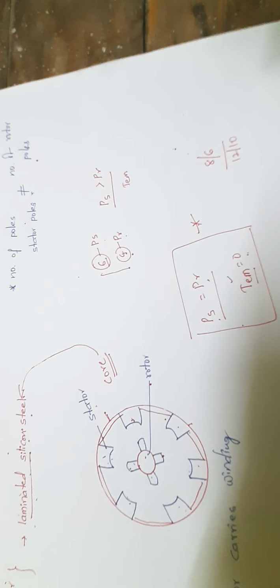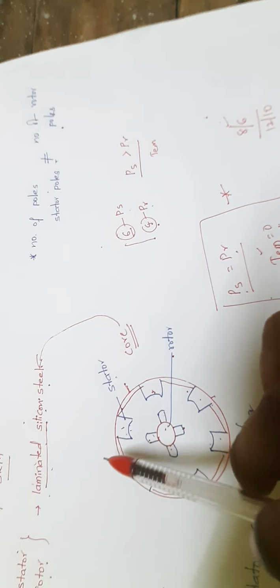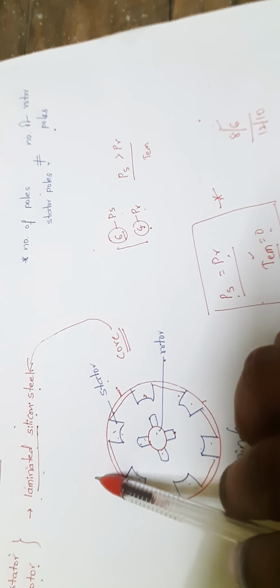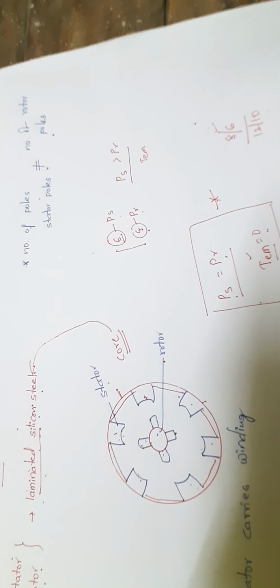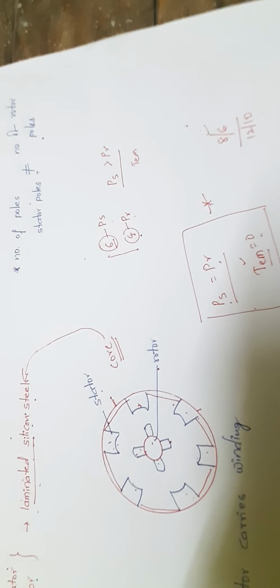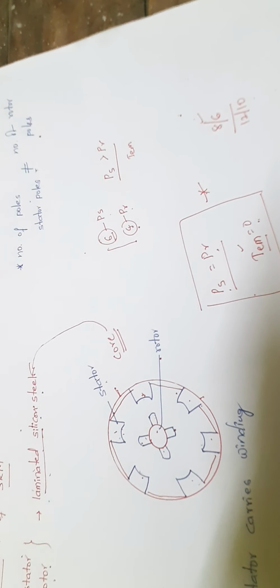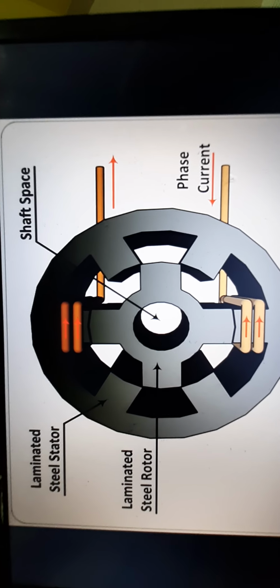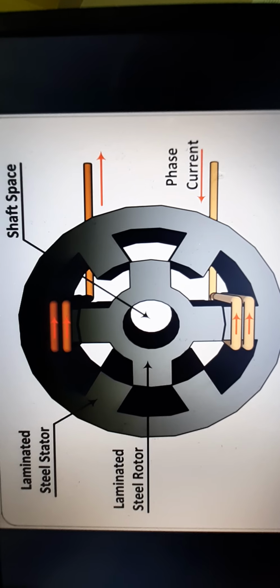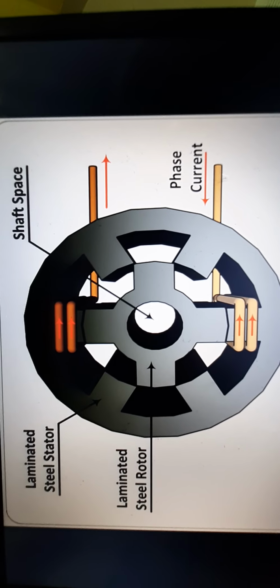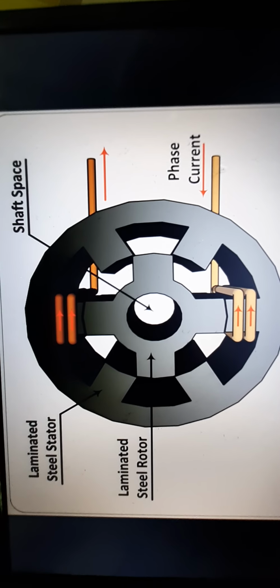Which type of machine you require depends upon that. You have to provide the core slots in the stator part. Different numbers of poles of switch reluctance machines are available. Here I am showing the constructional view of a switch reluctance motor: a laminated silicon steel stator, a laminated silicon steel rotor part, and winding.